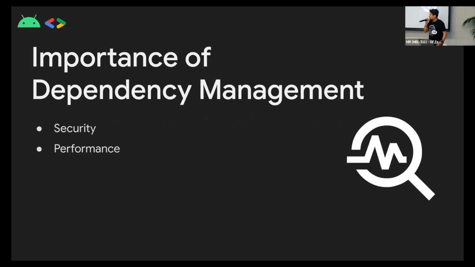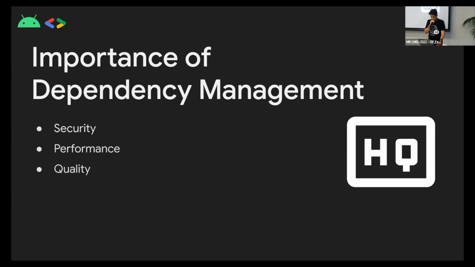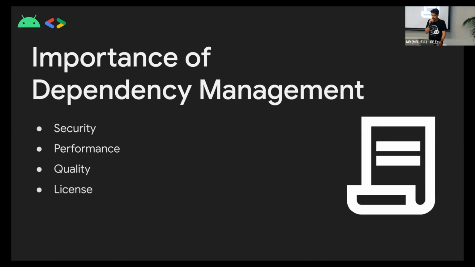Most of the time, the gain is performance or performance improvements of your software project. So you might miss out on something if you try to reinvent the wheel. So if there's something already there which has performance improvements, why not use that? You obviously want to give a good quality product to your user or your stakeholders. And some libraries, some external dependencies help you achieve that quality assurance as well. And then finally, licensing.